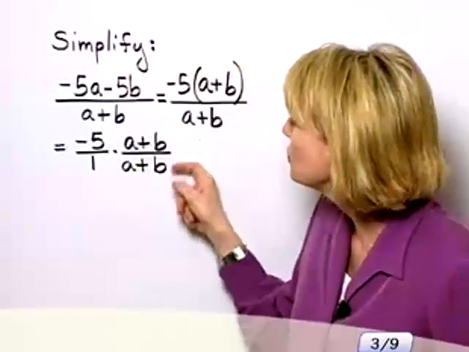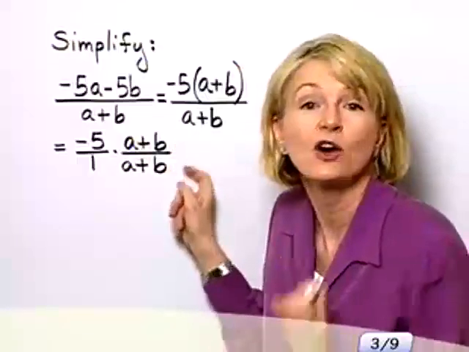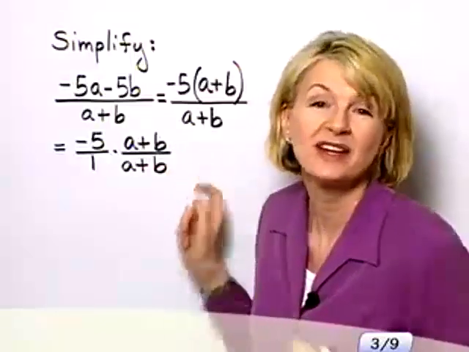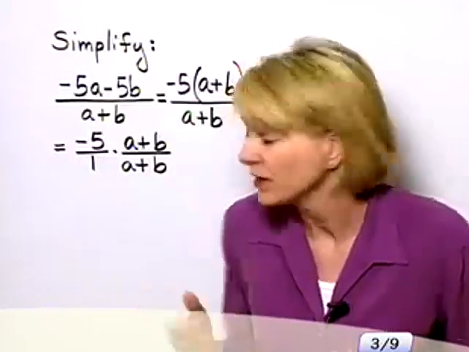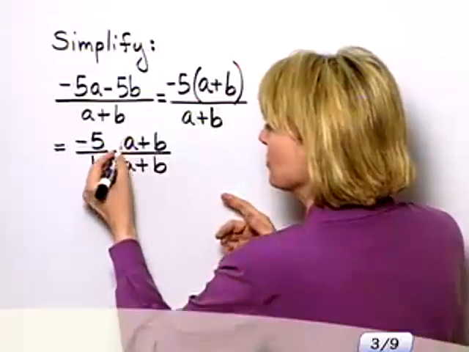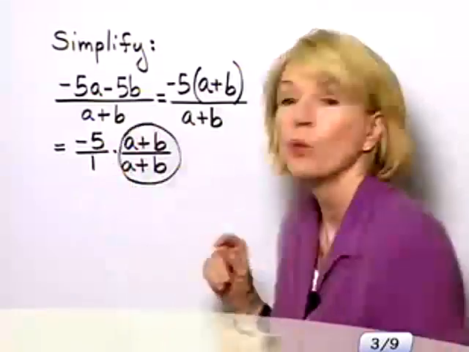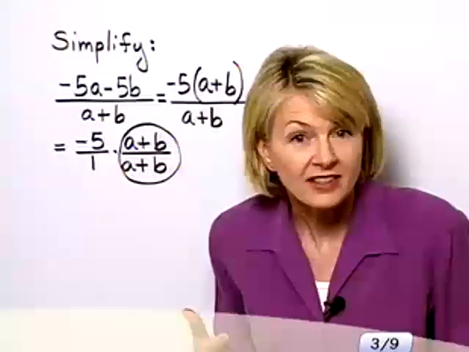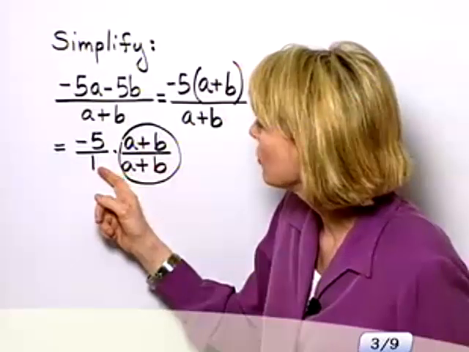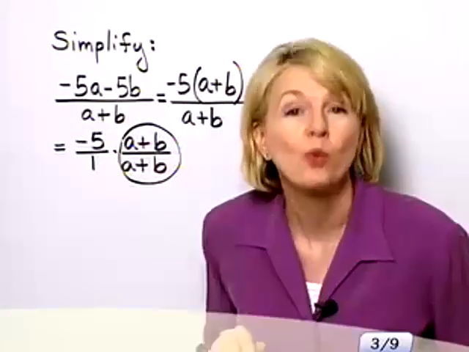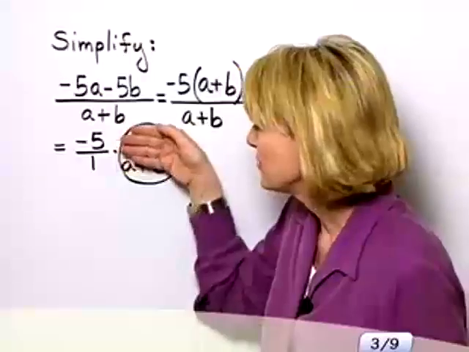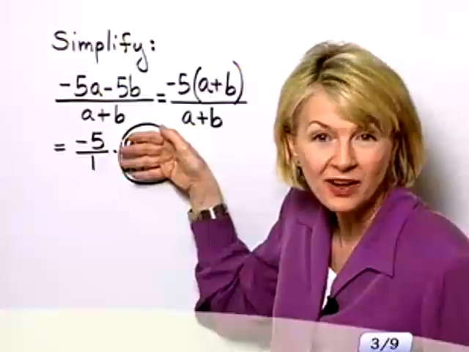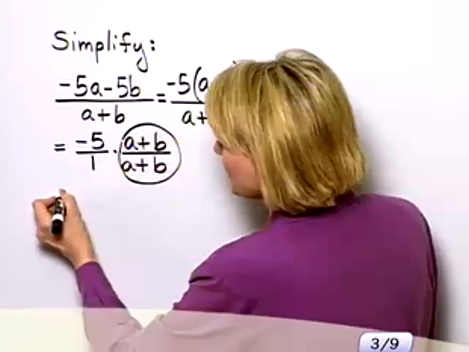But what do we know is anything over itself? What is a plus b over a plus b as long as the denominator is not 0? This simplifies to 1. So in essence, I have -5 over 1 times 1, and -5 over 1 times 1 is just -5 over 1, which is just